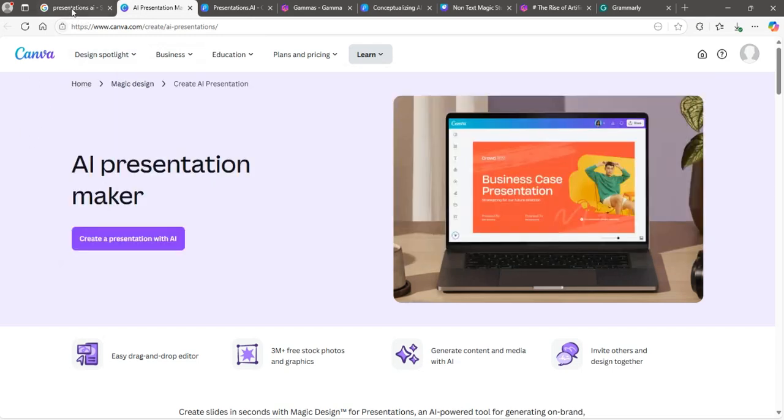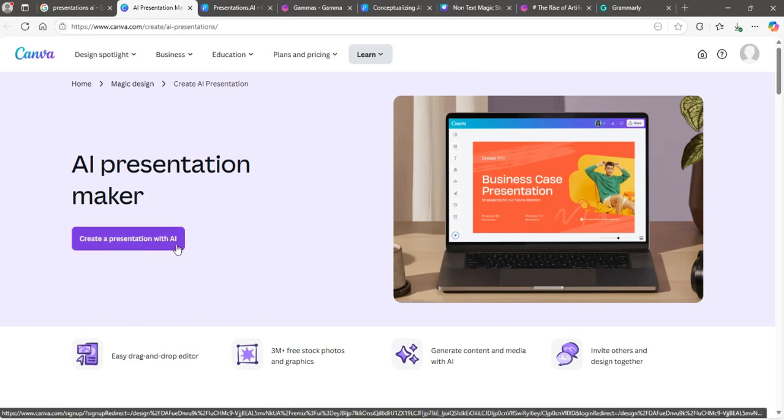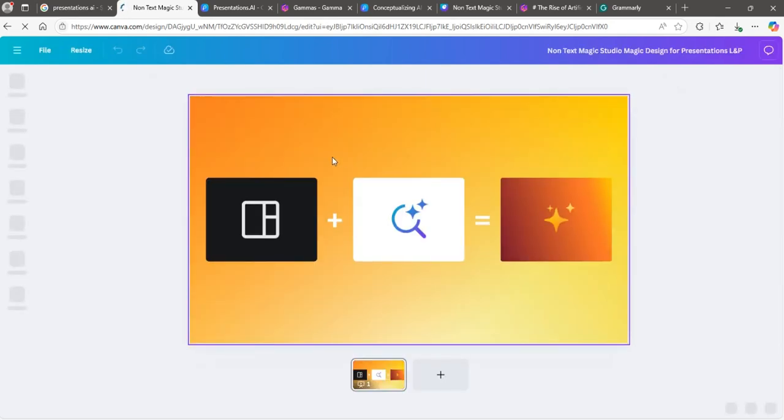So when you type Presentation AI, you come to CANVA. It simply says AI Presentation Maker. Now what you simply do is say create a presentation with AI. So we click the presentation, create the presentation with AI. Now we wait for it and see what it comes up with. Okay, it's coming up with the